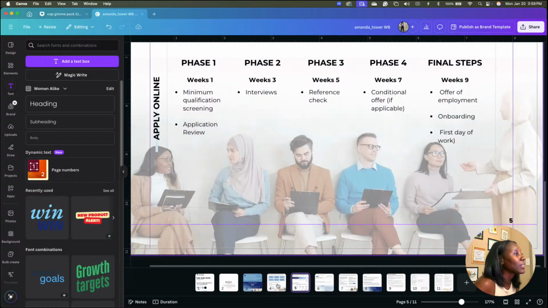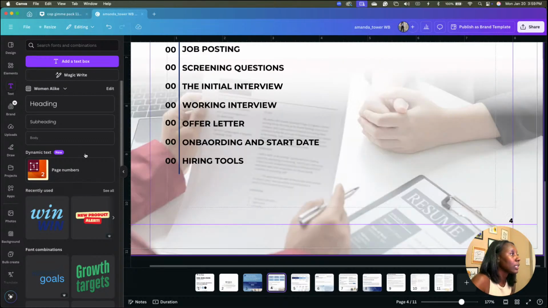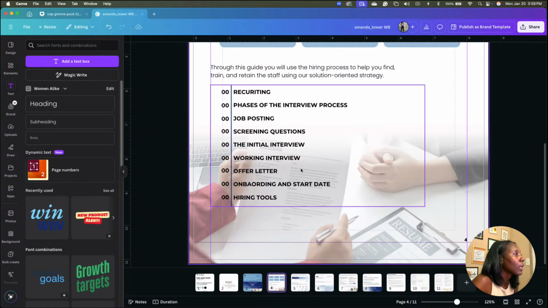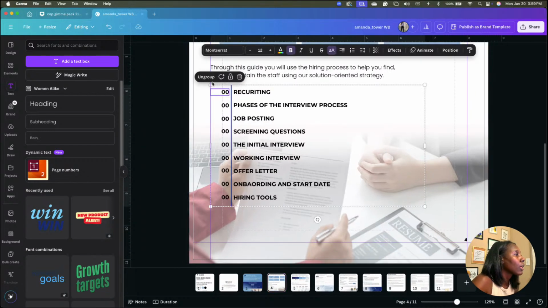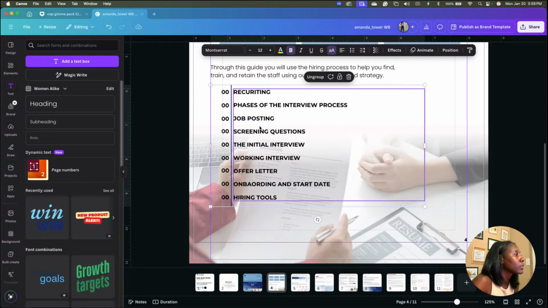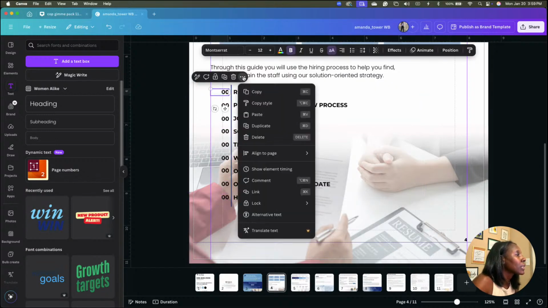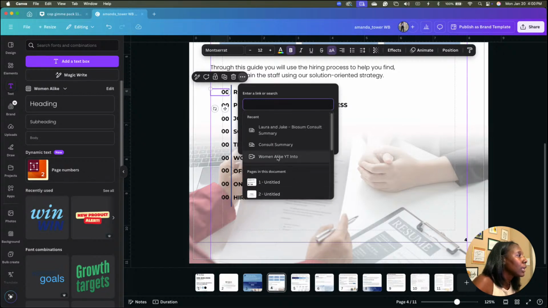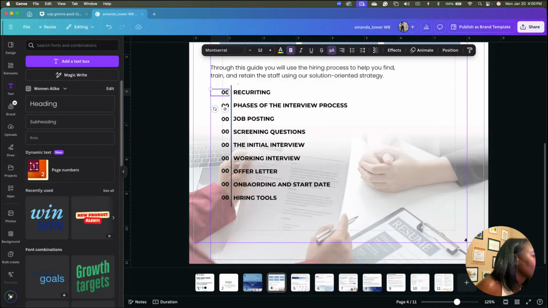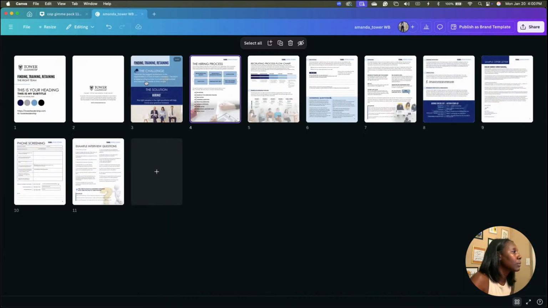And that's that. So now what I need to do is set up my page numbers here, which is like their table of contents. So I'm going to hit this more button and go to link. And I'm going to link this to the right page. But first, I need to name these pages so that I can simply